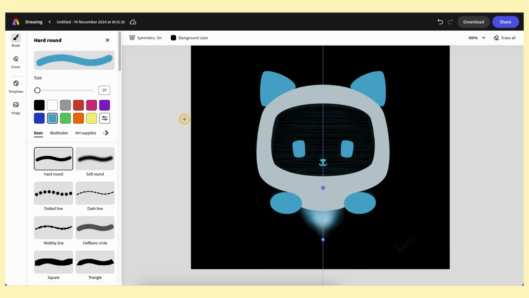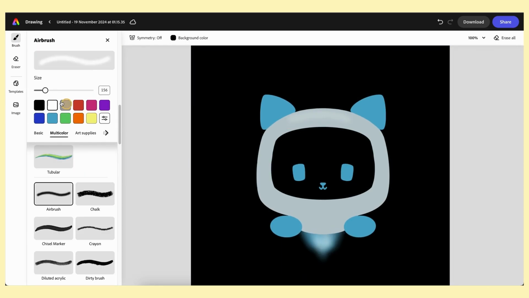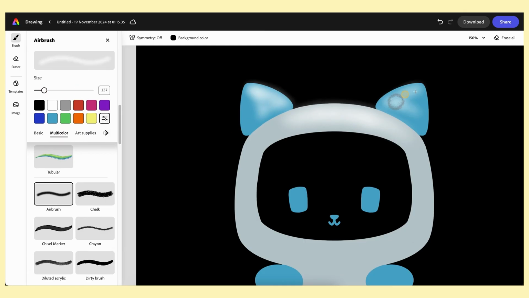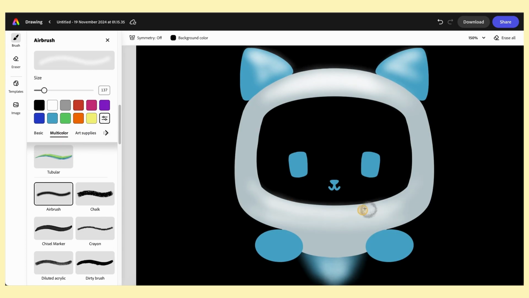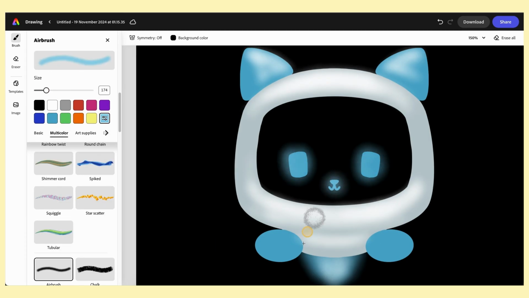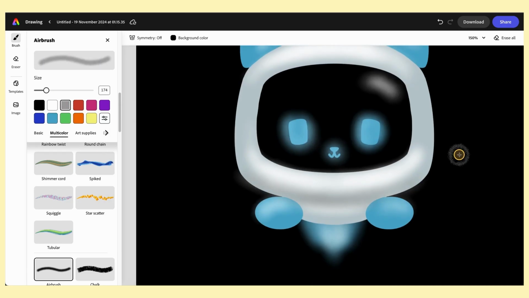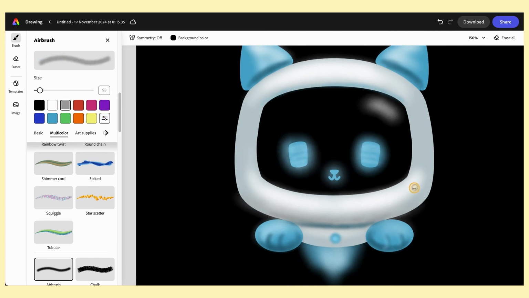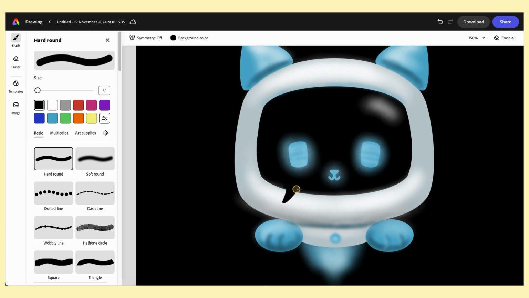And now with those iterations and the final render using these wonderful brushes, we have this cute looking companion or pet robot which is going to be there with the user when they use that chatbot. And using the vast range of brushes and colors available in the drawing features in Adobe Express, we got to learn about the iterative design process.